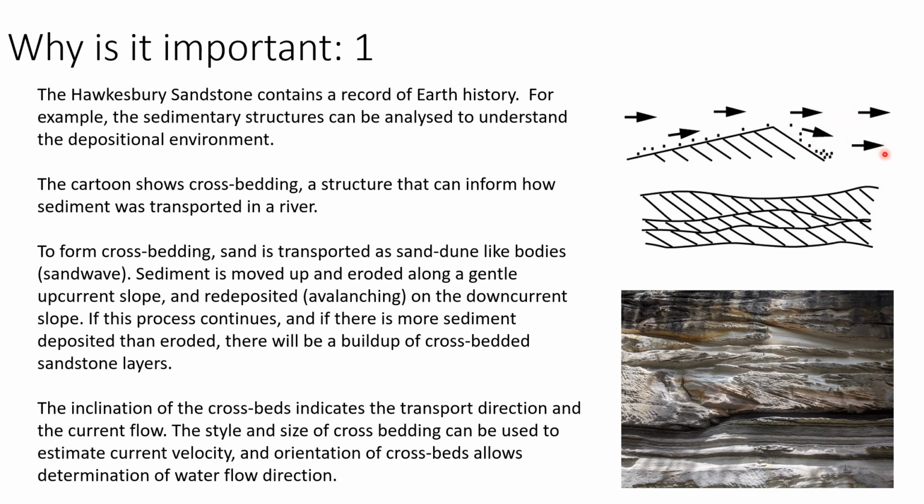And over time, this gets preserved in the rock record, and this is what we see in the lower half of the cartoon, a whole series of these dunes where you can then interpret the water flow from having gone from left to right. And in the picture, which is taken from the centre of Sydney, you can see the cross-bedding features again here. And so by seeing these features, we can infer that the water flow, when this sediment was deposited, was flowing from left to right.